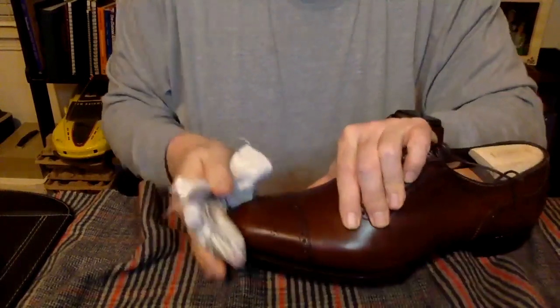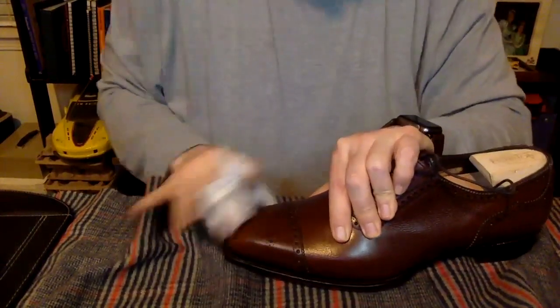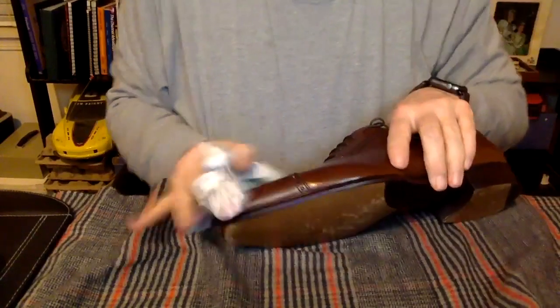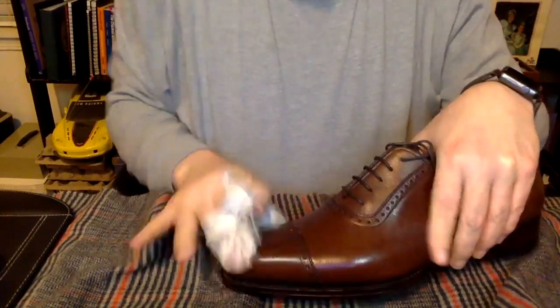It's just a matter of how do I apply the wax, just so. You know, Pure Polish is a great alternative to using Saphir. It doesn't cost